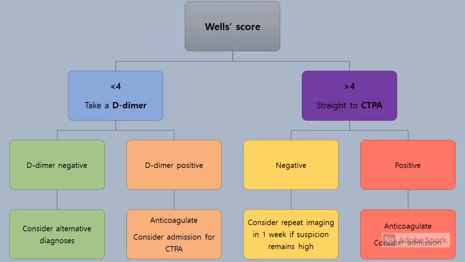If you think a PE is unlikely, then those are the patients that we're going to take a D-dimer for. If the D-dimer is negative and you've got a low Wells score, it's not a PE, so look for other alternative diagnoses. If you've got a low Wells score, i.e. less than 4, with a positive D-dimer, then that's somebody you're going to want to anticoagulate, bring into hospital and